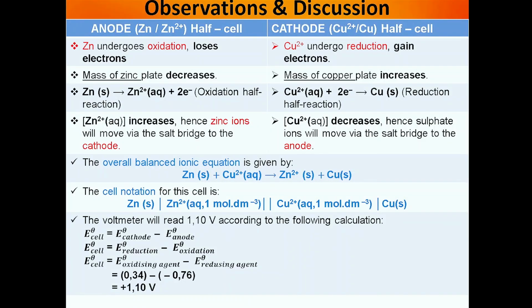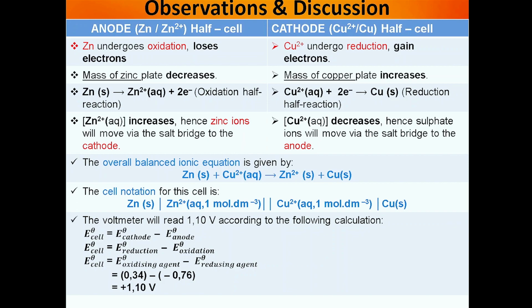Now, if we take you back, you realize that I used zinc and I used copper. But what are the observations that we get in this topic? One, we have the anode and the cathode. So our zinc was on the anode side, our copper was on the cathode side. What transpired there? We saw that zinc will undergo oxidation, which is the loss of electrons. What happens on the loss of electrons? We realize that on the electrode, on the zinc side, we are going to observe that the